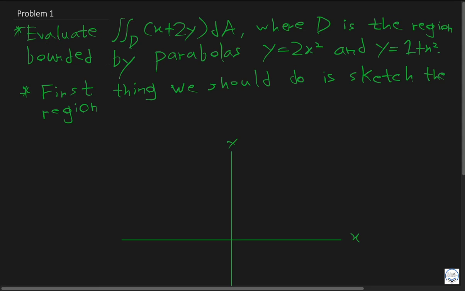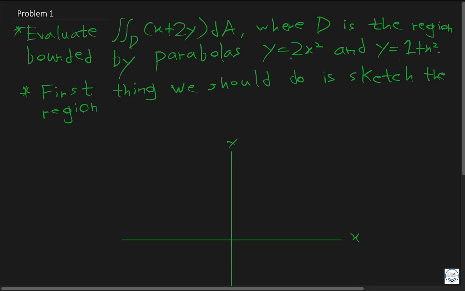The problem reads as follows. Evaluate the double integral of x plus twice y dA over the region D, where D is the region bounded by the parabolas y equals 2x squared and y equals 1 plus x squared. Now whenever we encounter a domain D, or region of integration, where the region is not really rectangular,